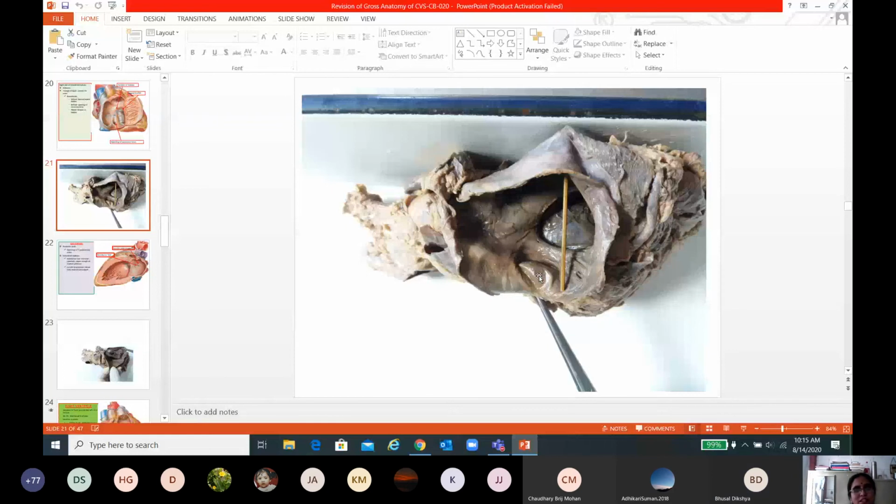The oxygenated blood from the right atrium directly enters the left atrium during fetal life, isn't it? That is the embryological significance. Now, the septum primum and secundum fuse at this point with the increase in pressure at the time of birth, but if they fail to fuse, what is the name of the anomaly, Diksha?